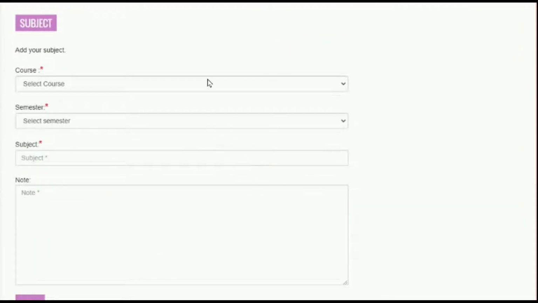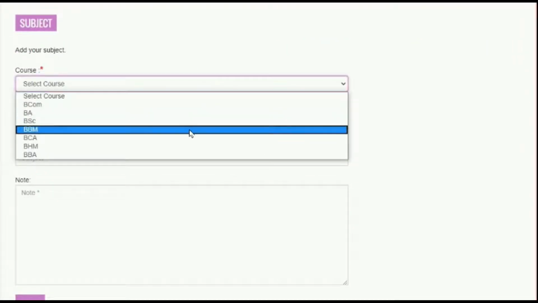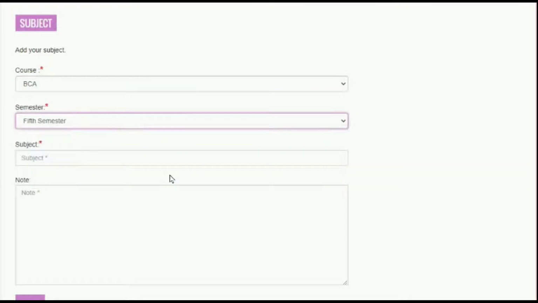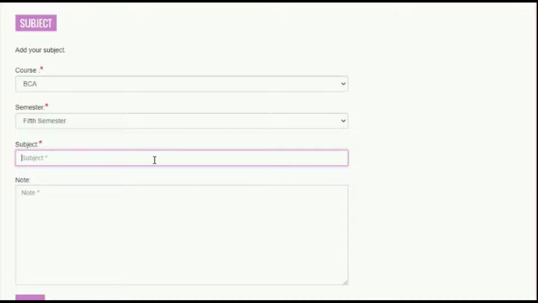Admin can add subjects for the respective courses by selecting the course, then selecting the semester, then entering the name of the subject, and can also include a note.